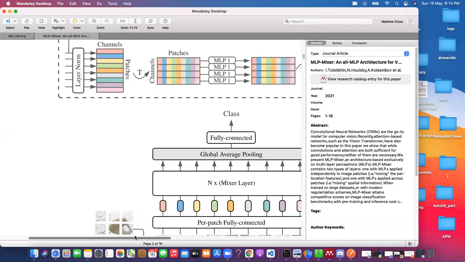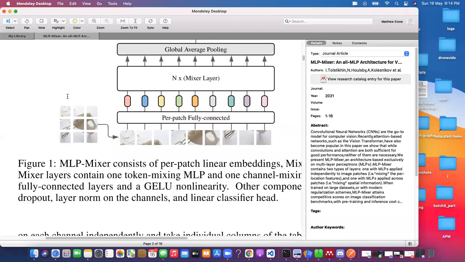Let me zoom in on this so you can see what's happening. Let's say it's an image like this. What it essentially does is split the image up into patches. For example, I have an image here and it's split up into about 9 patches. And then what it does from there,